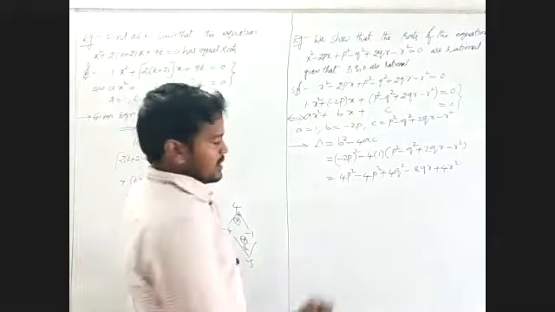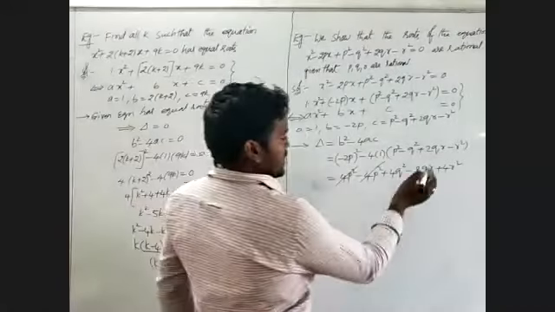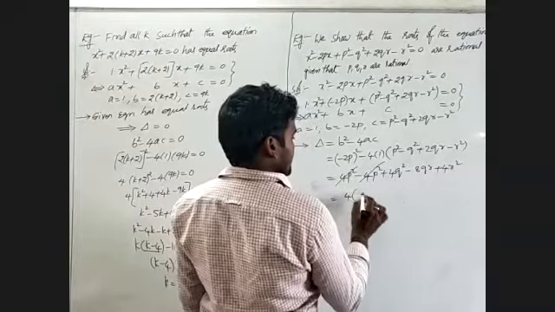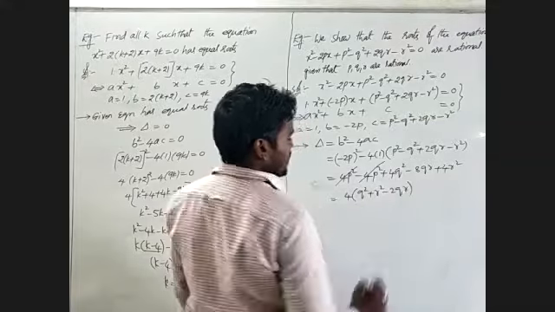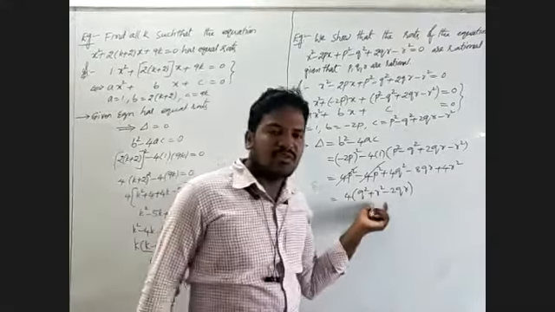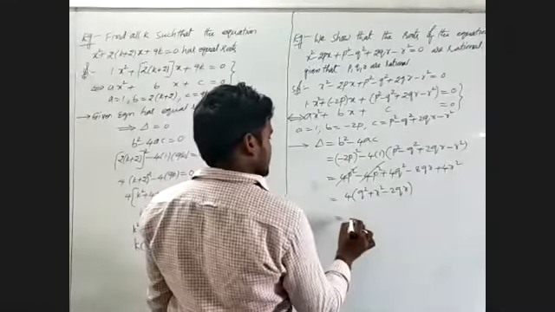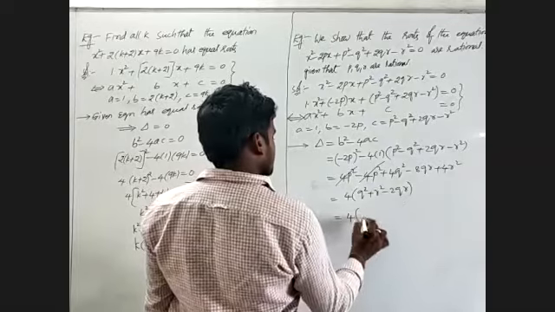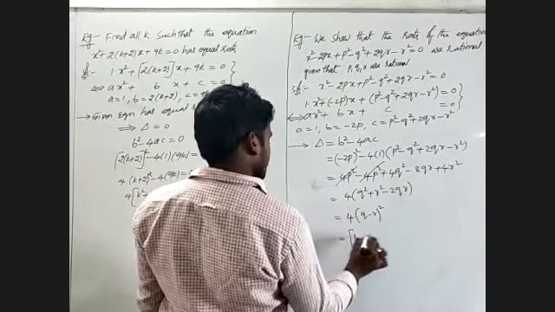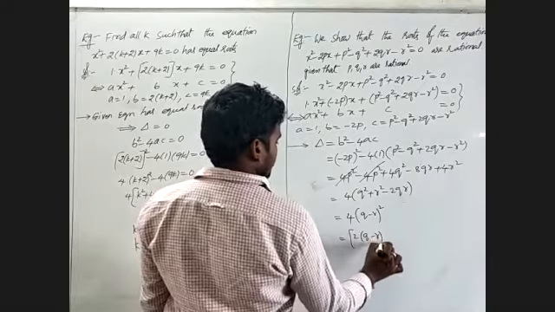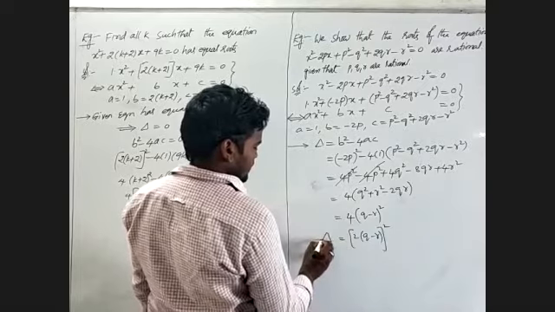We will observe plus 4p square and minus 4p square will be cancelled. Remaining we have to write, I will take 4 common, q square plus r square minus 2qr. We will observe in this one that given one is of the form a square plus b square minus 2ab. Again that we have to write 4 into (q minus r) whole square. That means given one can be written as 4 into (q minus r) whole square. This is the value of delta.